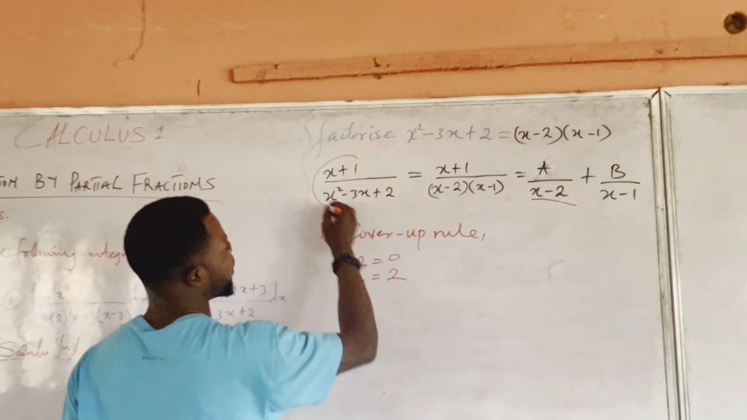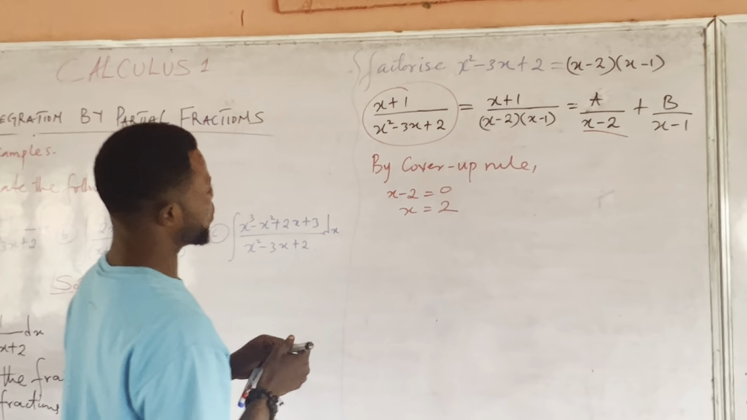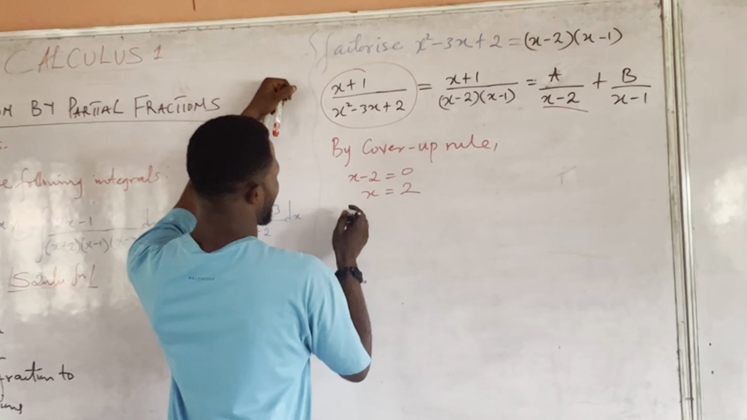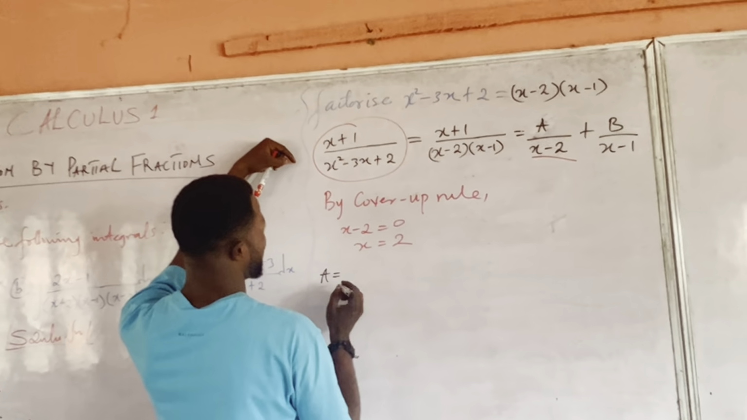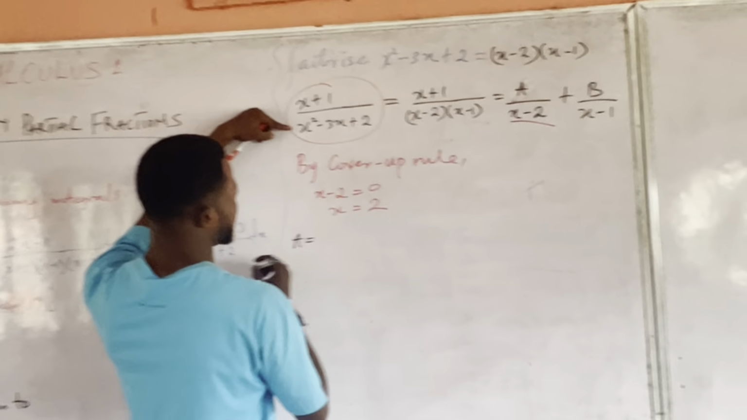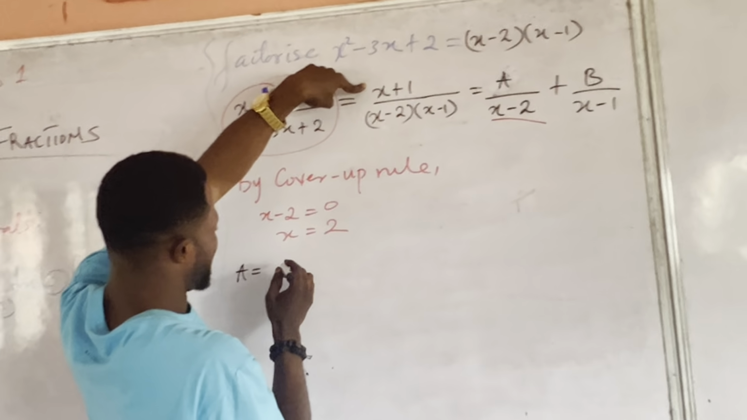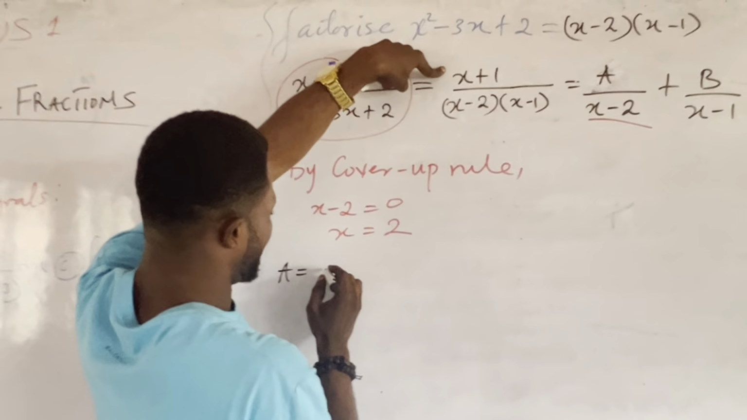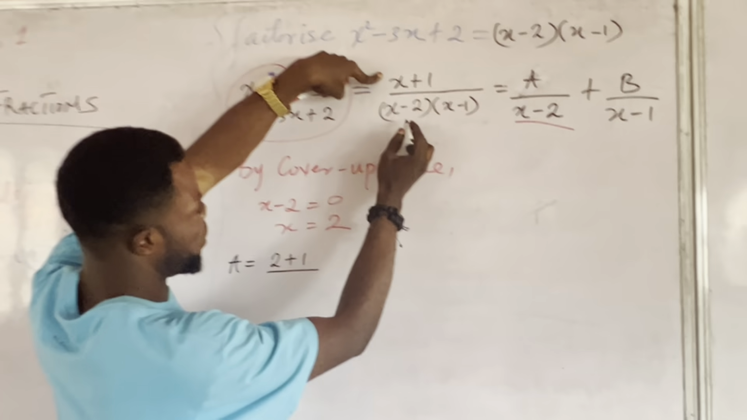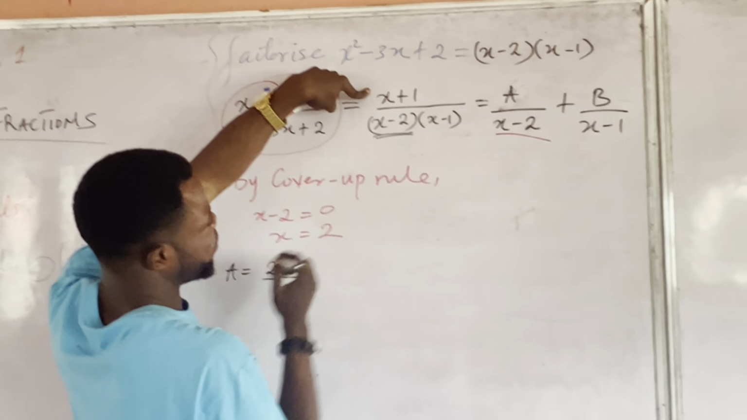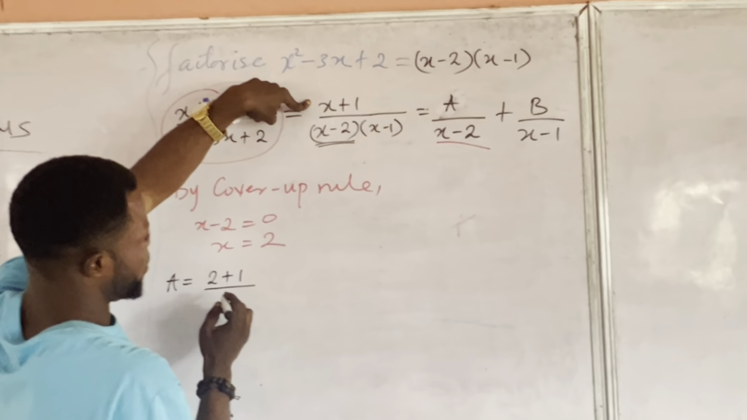So we come back here and substitute. We now have our A. Our A will be equal to, let's substitute here, 2 plus 1 all over. So this is for A. So I will substitute for this. So I will have x